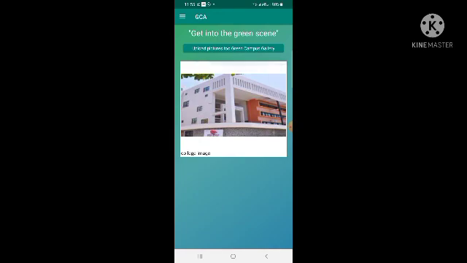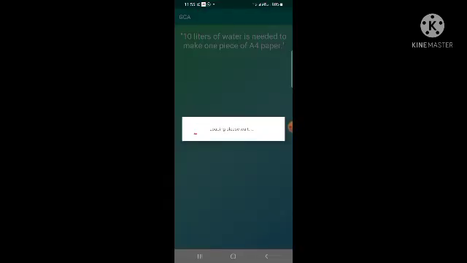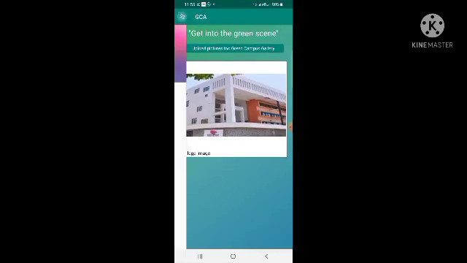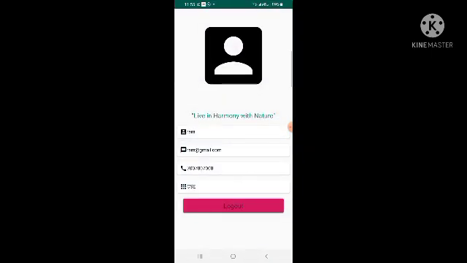The image is also visible on the user account. Let's see the e-notice board. Here the notice is also available. That's all about our app.